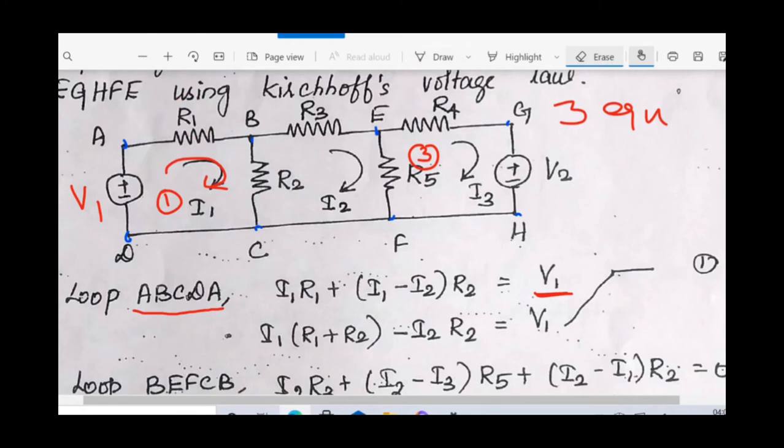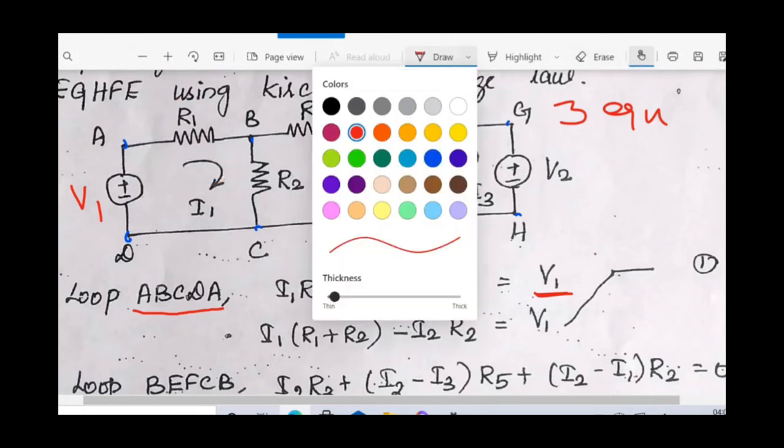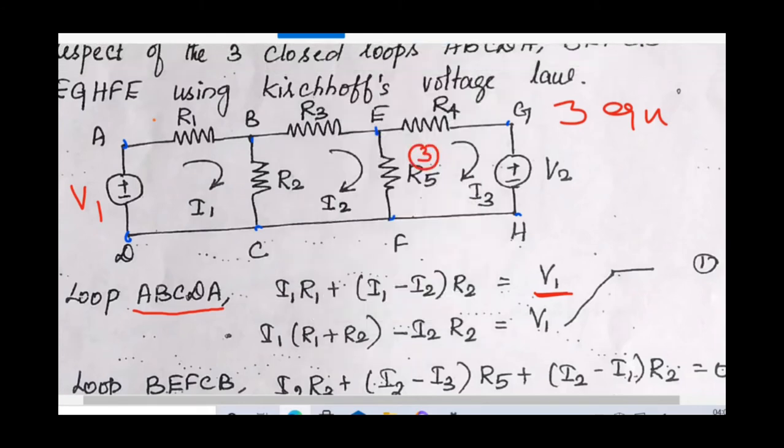Voltage drop means, according to Ohm's law, we can write it as follows. Let I1 be the current flowing through R1. Here we have a nodal point or junction point where the current differs. This current differs here. And what about this current? This current is the loop current I2, so that the current flowing here is I2.